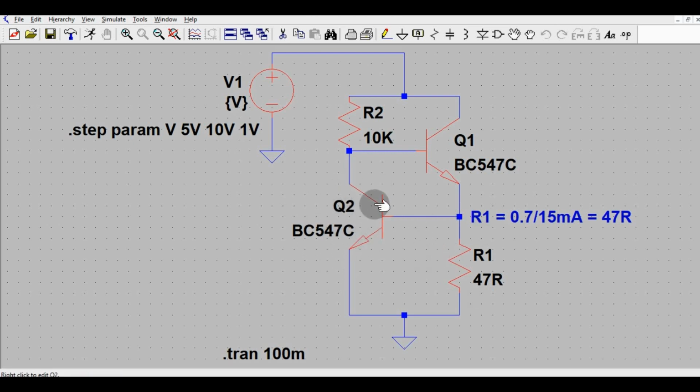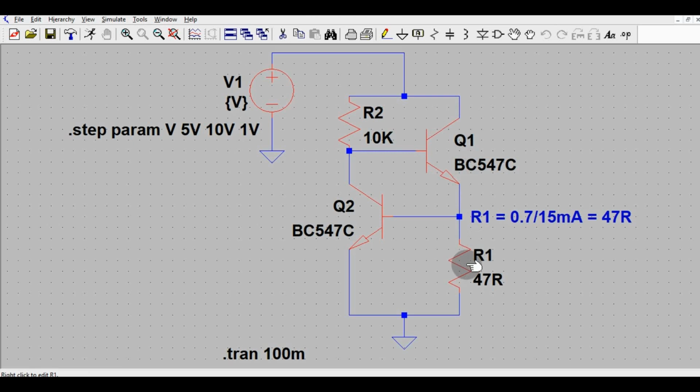Once this transistor gets turned on, Q1 works in the linear region, because current is also flowing through this transistor when Q2 is turned on. So Q1 works in the linear region, it drops more voltage across it, it handles more power, and it limits the current.